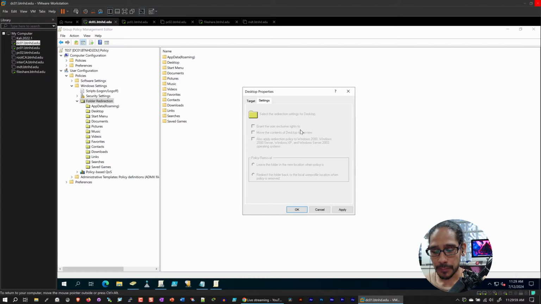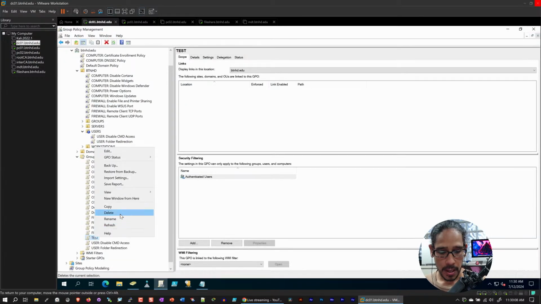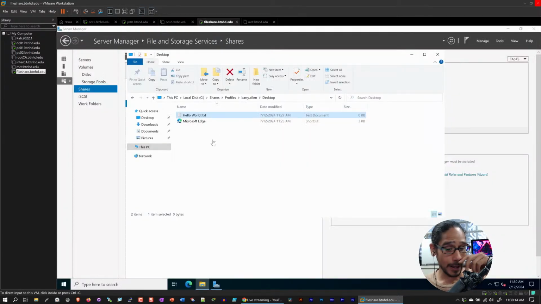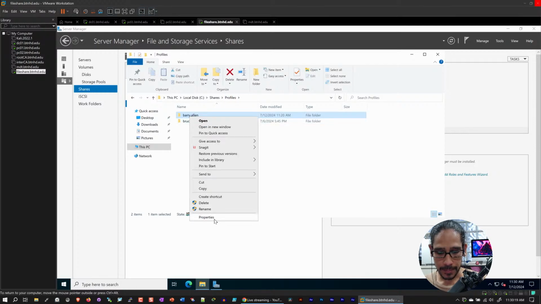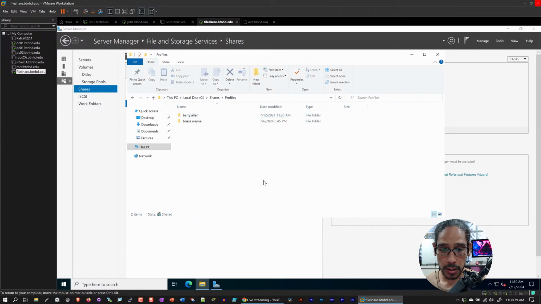I can't stress that enough. Don't have that enabled. Disable it, because if not, you will lose access to it, and then you will spend half the time making changes on the folder, on the file level, on the file share level. You're going to constantly have to go in there, go to Properties, and then you have to make a crazy amount of settings to actually have full access as a system administrator, or whoever needs to manage it. You don't want that. So definitely make sure you uncheck that grant exclusive access